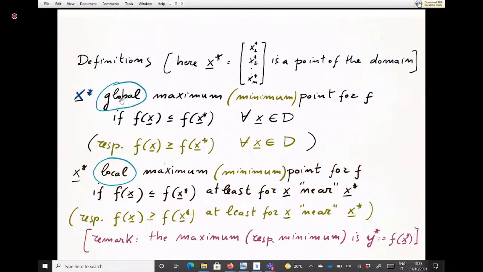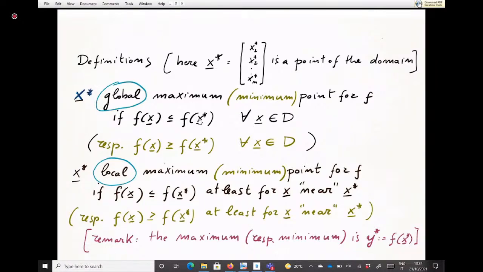Or alternatively, X star is a global minimum point for my function. Okay, the green definition corresponds to the green formula here, okay? X star is a global maximum point for my function, not necessarily the global maximum point, a global maximum point. There could be many of them